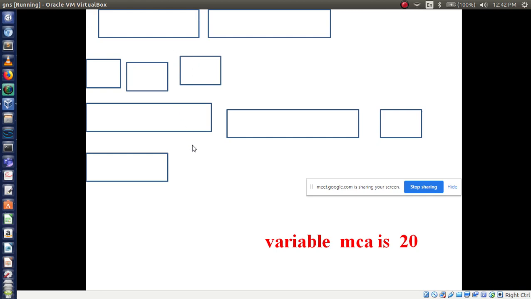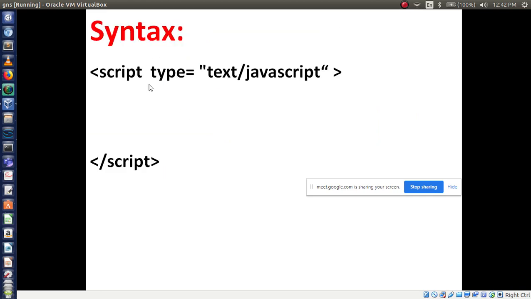I already told you: to use any kind of scripting language, you compulsorily have to use the script tag. Script type is equal to text/javascript, then close the script. Inside this tag you have to write the code. Is it clear, everyone?